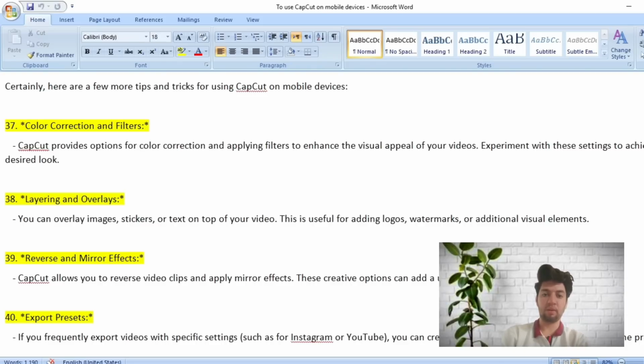Reverse and mirror effect. CapCut allows you to reverse video clips and apply mirror effect. This creative option can add a unique touch to your video. Export presets. If you frequently export videos with specific settings, such as for Instagram or YouTube, you can create and save export preset to streamline the process. Background remover. Some advanced video editing apps